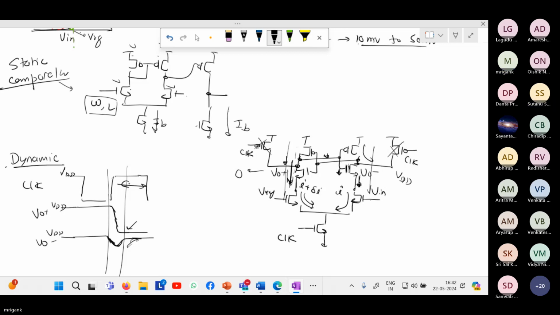Yes, sir. So that's why this is called a dynamic comparator. It is not having a static current path. This is having a dynamic operation. This is pre-charged to VDD and then discharged. And it can operate with higher speed also. So what we have seen is in advanced nodes, we may be able to work as high as 1 gigahertz or 2 gigahertz clock. Even in 65 nanometer, easily with 1 gigahertz clock it works,